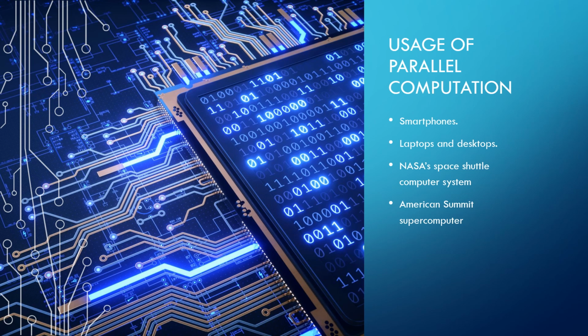A fun fact is that if you get every single person on Earth and let them execute 1 instruction per second, it will take them 10 months to do what this supercomputer can do in 1 second. Then Bitcoin. Bitcoin runs on blockchains for transactions of money and currency and such, and blockchain depends on parallel computing. So if we were to use sequential computing, blockchains couldn't be implemented and Bitcoin wouldn't have been developed.